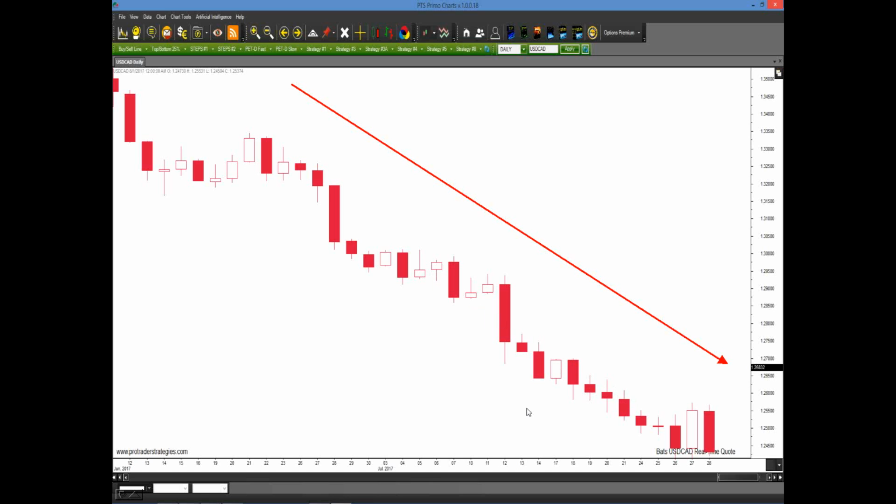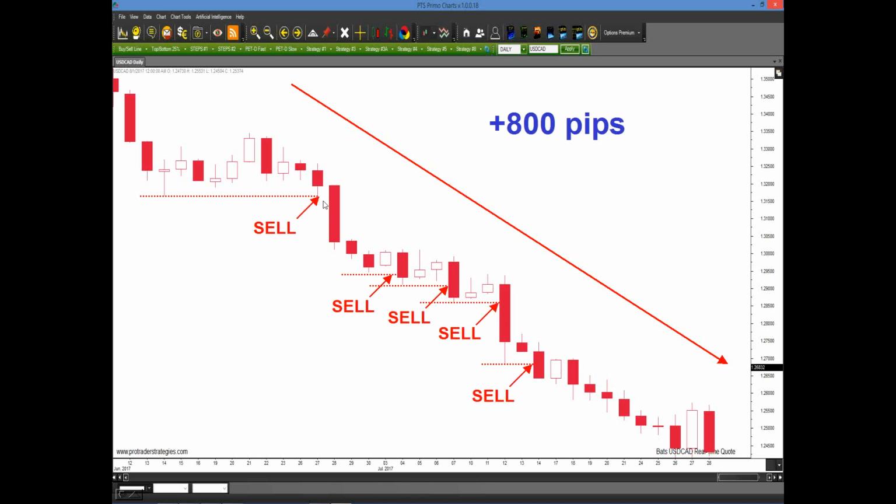The PET D just tells you, this is what I want to do. It's a lot simpler. You're going to sleep a lot better at night if you just come on board. So we applied this same technique, and guess what? If you had applied this technique in the Canadian dollar, that would have been 800 pips in just a little over a month that you would have potentially been able to capture. Okay? It's 800 pips. I mean, it's $8,000 per contract. It doesn't get any simpler than that.